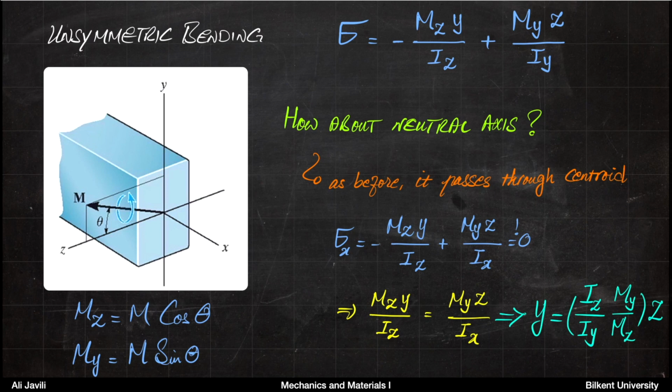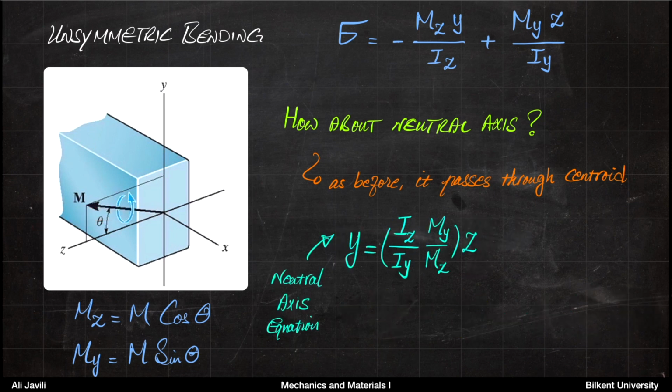But we want to understand how the neutral axis is compared to the axis with respect to which you apply the moment. So for instance, if you have this line, is this the neutral axis, or is this the neutral axis, or is it coinciding with that axis? We want to take this to the next step. In order to do that, we need to look at this formula a little more carefully. If you look at this, you see that the coefficient here, my divided by mz, is indeed tangent of the angle theta,